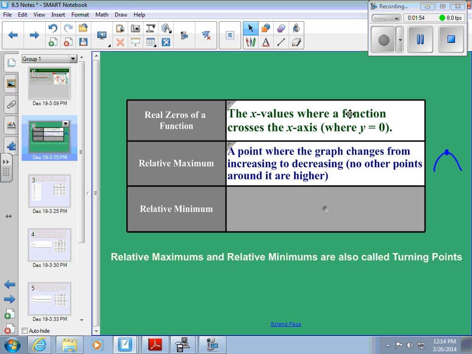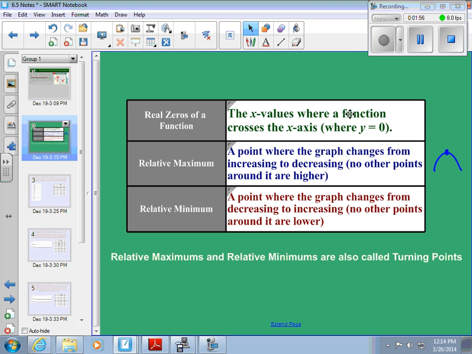A minimum is the opposite. It's where your graph changes from decreasing to increasing. Basically, no points are lower. So decreasing is when you have something that looks like that. That point is your minimum. This would be a maximum. So minimums, maximums. Another thing that we call these are turning points. Anywhere where your graph turns from one to the other is a max or min. So what we're going to look at today is how you can find those and where they're located on graphs